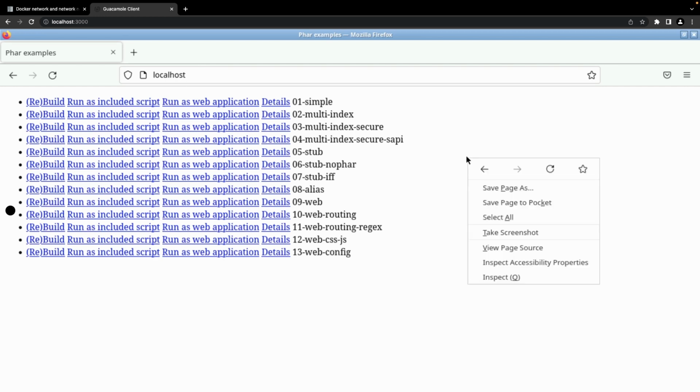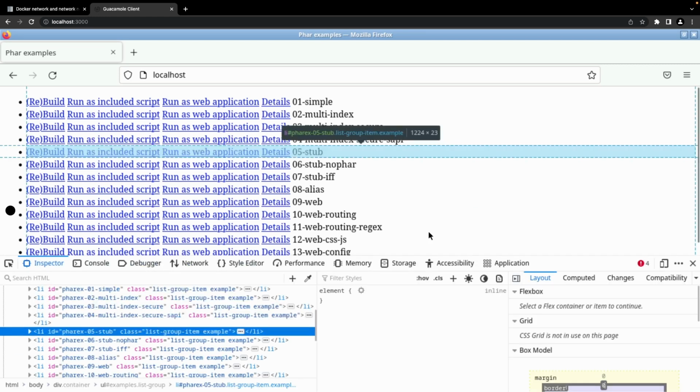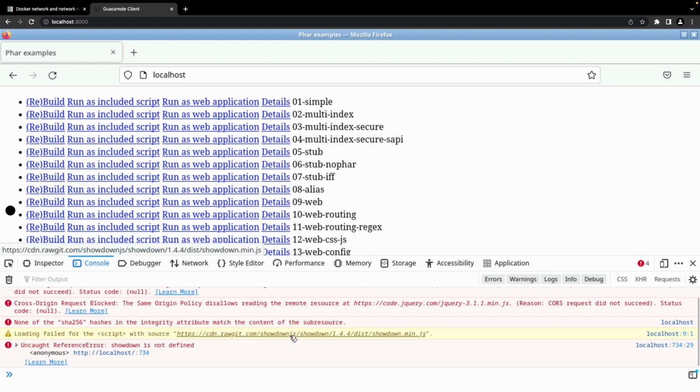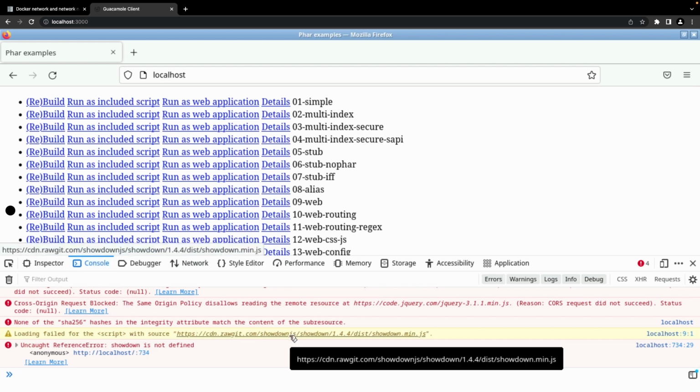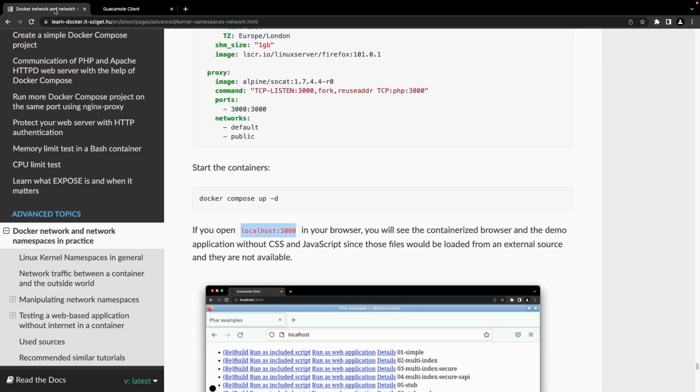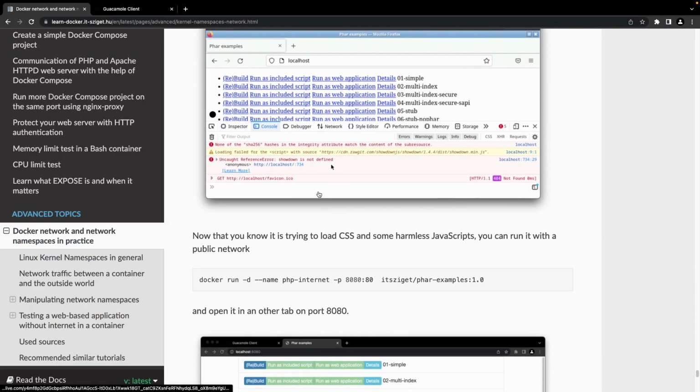So let's see the inspect option here in the web browser. Go to the console tab, and you can see multiple error messages, and this will show you that something is happening inside the container. It tries to access files outside of the container, and it tries to download something from the internet. Since these files are not harmful, I decide to run the container with internet access. So let's go back to the previous screen,